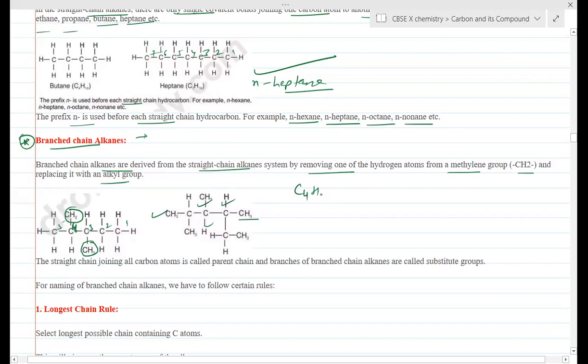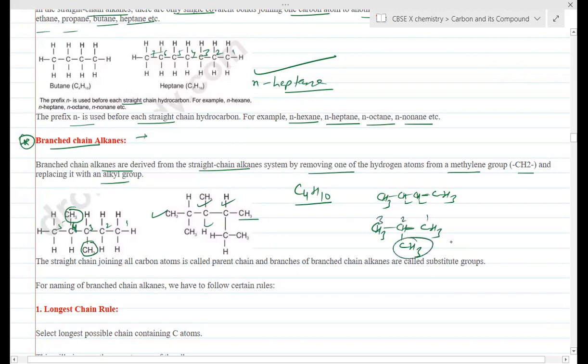Okay, I'm just showing you for C4H10. See, we can write these 4 carbons in a straight chain. One bond means 3 hydrogens needed. 1, 2 bonds mean 2 hydrogens. Here 3 hydrogens. You can write a branch chain like this: 1, 2, 3 in a long straight chain, 1 in a branch. Here a single bond means 3 hydrogens. Here 1, 2, 3 bonds, so 1 hydrogen.